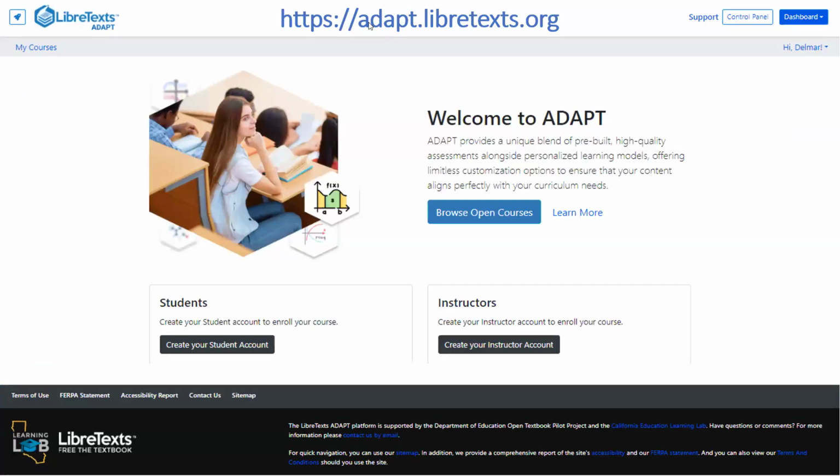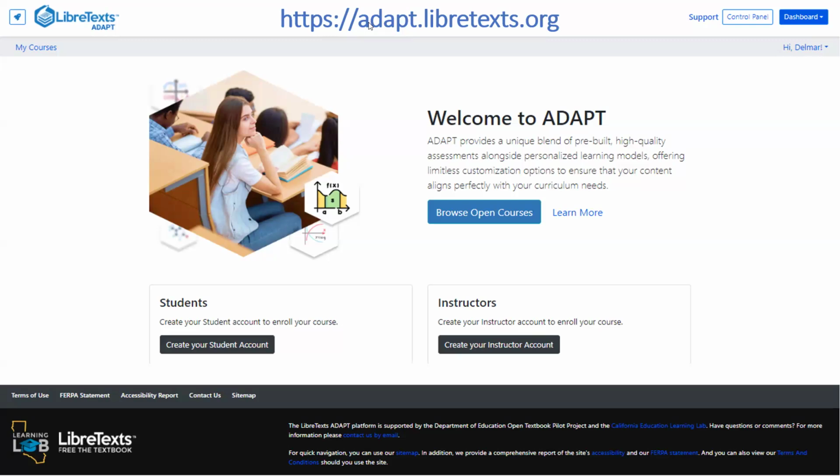Okay, so enough of the greater Libretexts project. Let's talk about ADAPT, which is part of what we're doing. ADAPT is a project that was initially funded by the California Education and Learning Lab, with a little bit of support from the Open Textbook Pilot program from the U.S. Department of Education, to build an infrastructure to complement textbooks. The idea is to make things as flexible and powerful as possible.